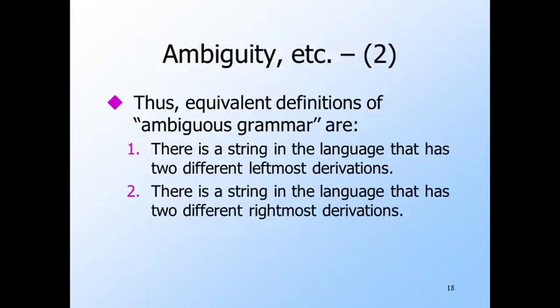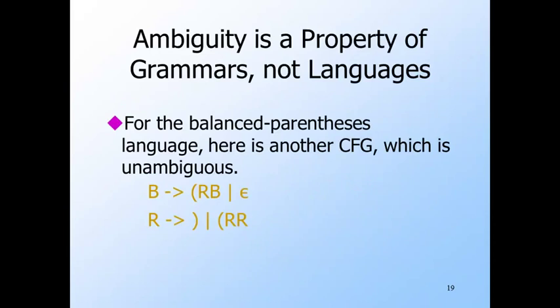Thus, we could also define a grammar to be ambiguous if it has a string with two different leftmost derivations or two different rightmost derivations. Fortunately, just because one grammar for a language is ambiguous does not mean that we can't find another grammar for the same language that is unambiguous. But as an aside, which we'll get to later, the opposite is not true either. That is, there are some ambiguous grammars for which no unambiguous equivalent exists. Anyway,